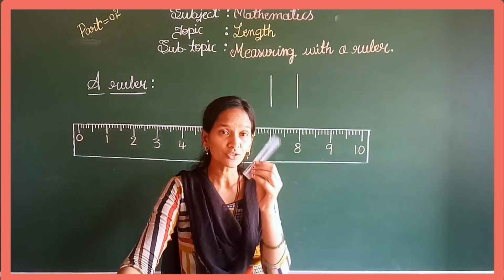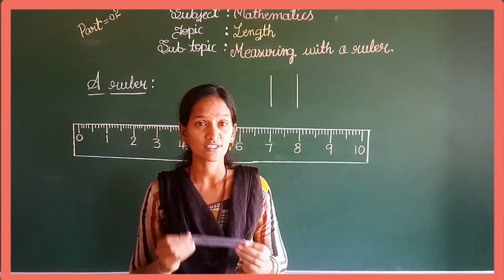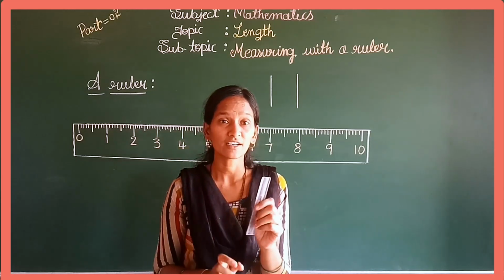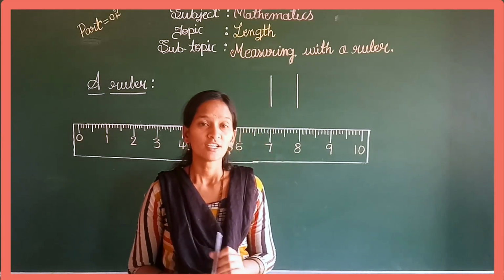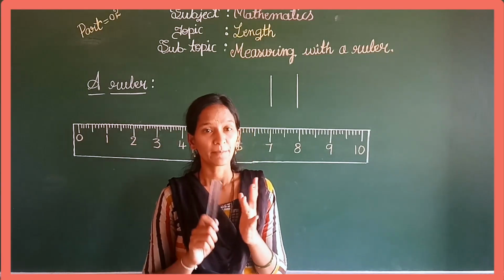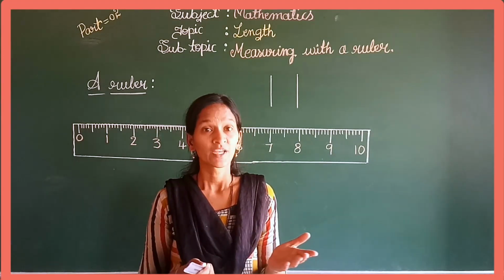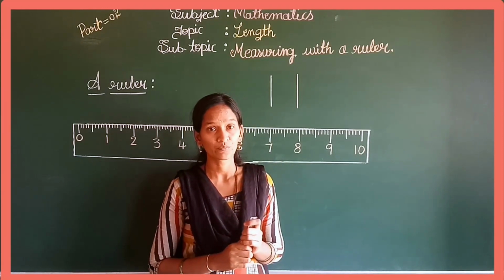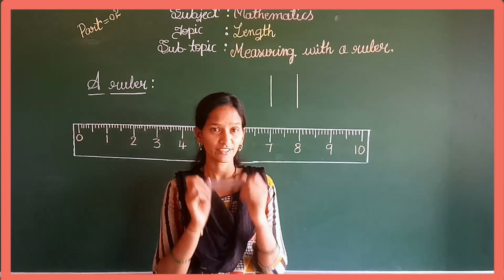Do you know by using this ruler you can measure the length of small objects, right? This gives an accurate reading or an exact length of the given object. For example, you can measure your pen, a pencil or a notebook, eraser, crayons. You can measure your finger also. It gives the exact length of the object, right?